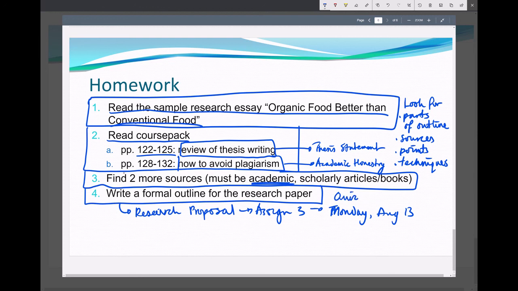Grammar quiz on Friday, August the 10th. Don't forget that. After you've done your research proposal, then do an outline with your thesis statement.